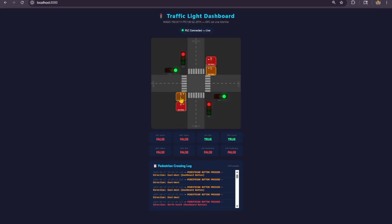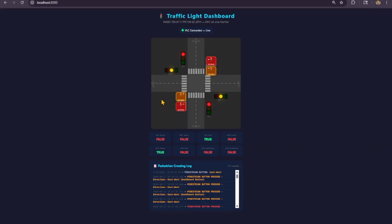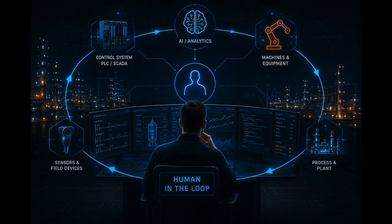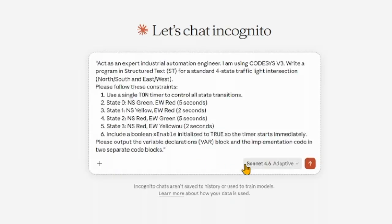But once you clearly define the states, timing behavior, transition rules, and control constraints, the generated PLC logic becomes much more reliable and deterministic. And that is where real automation experience still matters. The engineer still needs to understand the process, timing sequence, machine behavior, and how the control system should respond under different conditions. For this first example, I'm defining a 4-state traffic light sequence, a single T-on timer controlling all transitions,